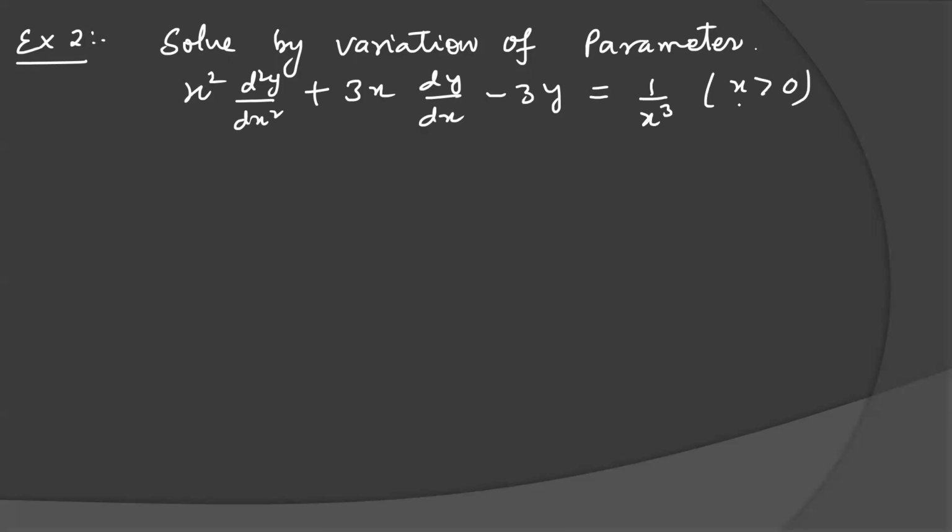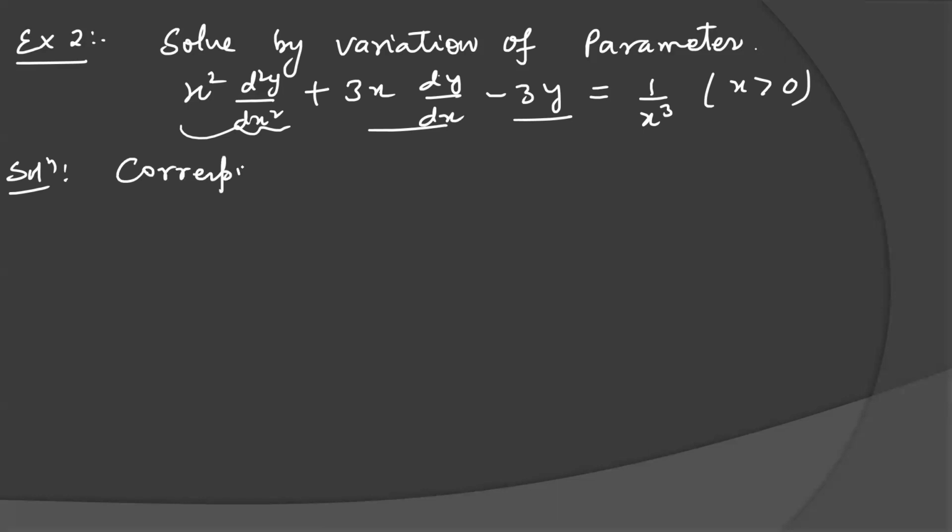Then only you can solve, I think, because you are aware that this is a very famous differential equation. It's a Cauchy-Euler differential equation. Order and degree in x is same, and x square d2y by dx2 plus 3x dy by dx. This is the Cauchy-Euler differential equation, and we can solve it by suitable substitution and convert it into constant coefficients. So firstly, we are going to solve the homogeneous part.